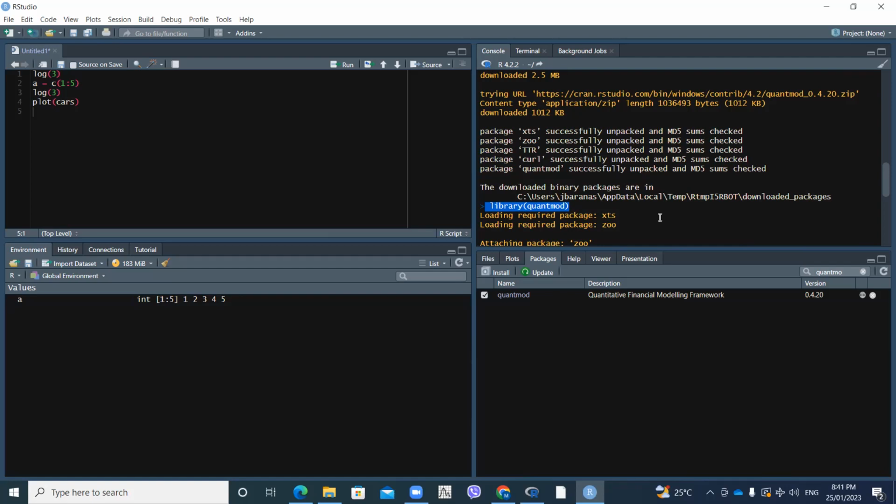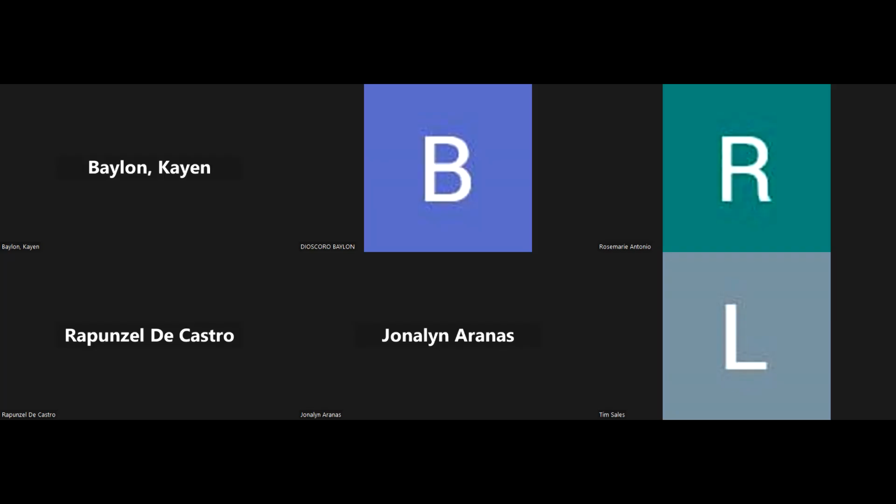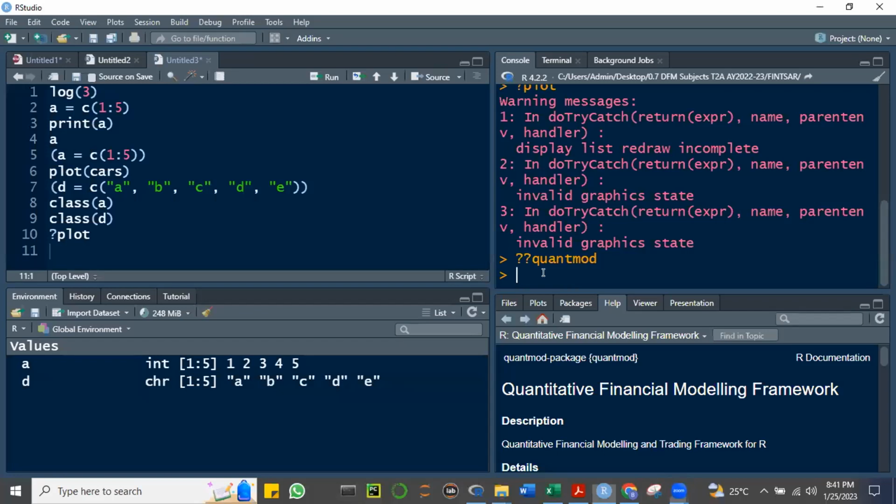So Jonah, sige, pa-share ako ng screen. Paki-end na yung... So mag-share ako ng screen. Alright? Okay, while we're here, kasi ito yung gagamitin natin na package talaga. Of course, among other packages, ito yung isa sa pinakagagamitin natin. Now, I'd like to go back to this quant mode after I first discuss with you what is an R